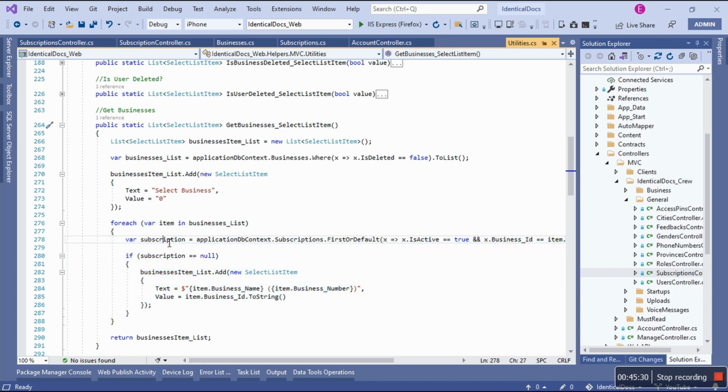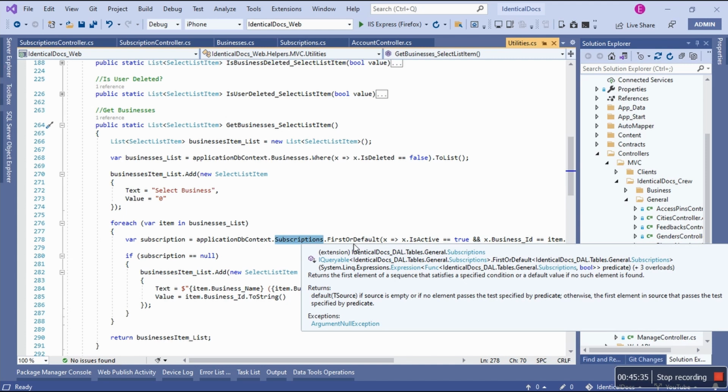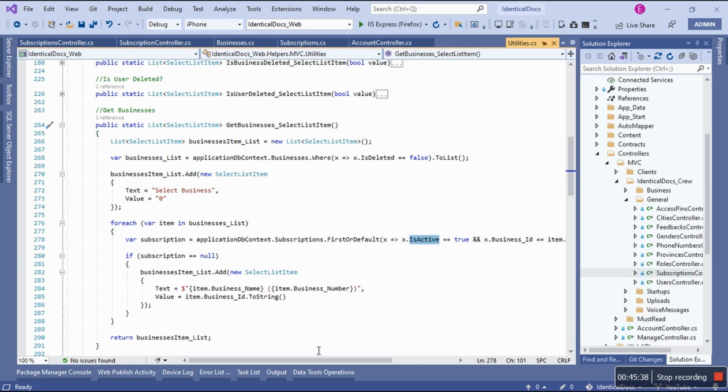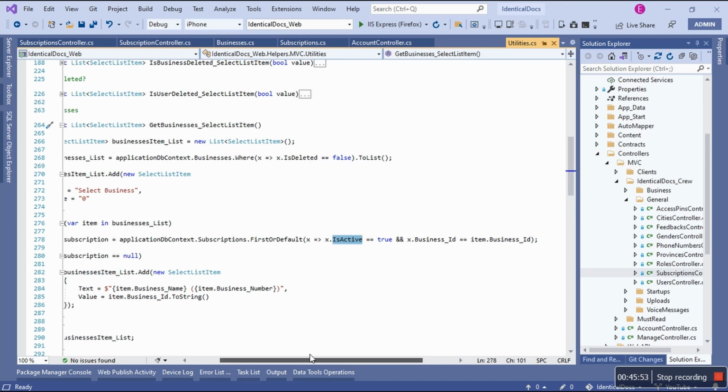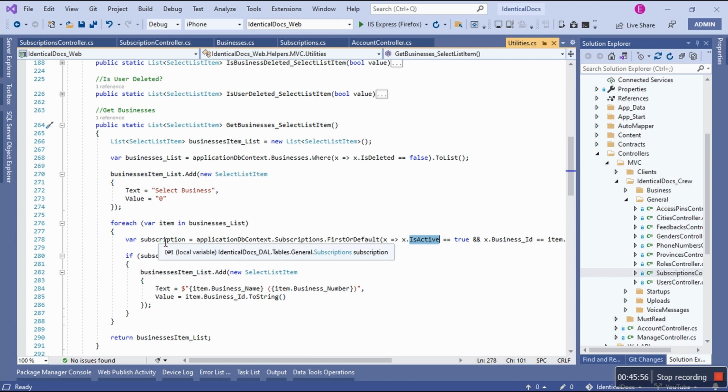First, we need to go to subscription. We're gonna find a specific one, FirstOrDefault, whose value is active. It needs to be active, and then the business ID has to match the business ID of the one that's not been deleted. So give me all of them, put them here. Oh, give me just one. Remember, I'm looping, right? Give me one. If this guy is null, if it's null,